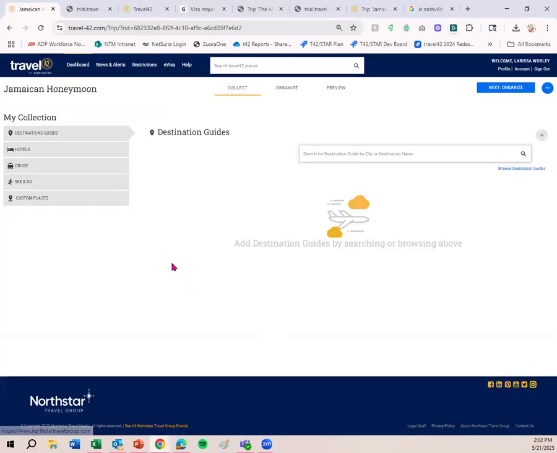So I'm going to go ahead and save trip. Trip Jamaica Honeymoon has been created, and I am now at my workspace. Couple things about your workspace. So far, I haven't added anything to this trip plan, so there are no numbers beside of these collections. So far, I have nothing added in this trip plan. Once I start adding things, numbers will start populating, whether it's 2 hotels, 5 destination guides, 3 cruises, 28 see and do,